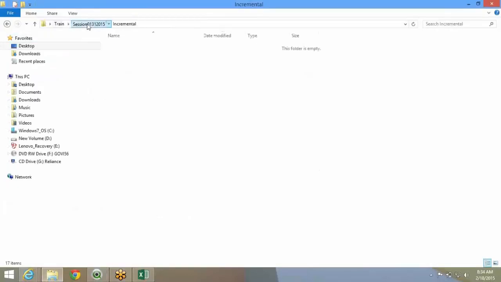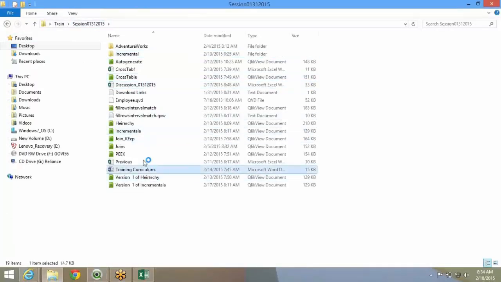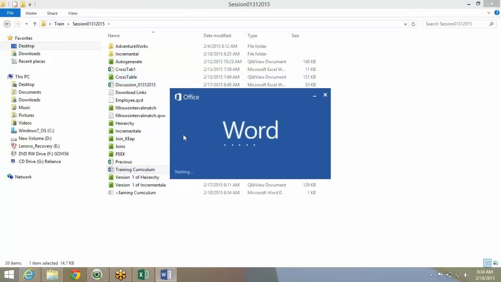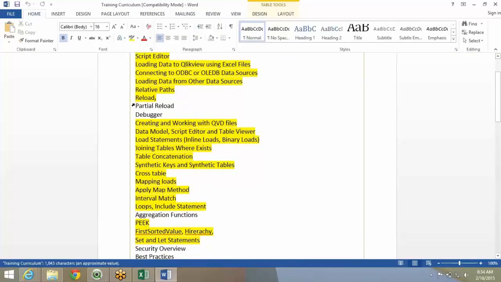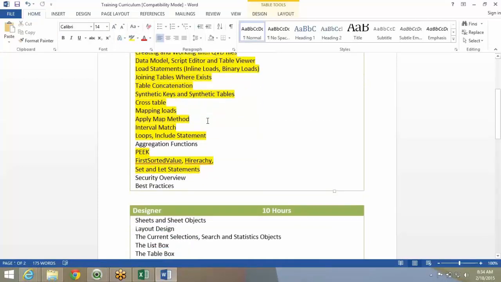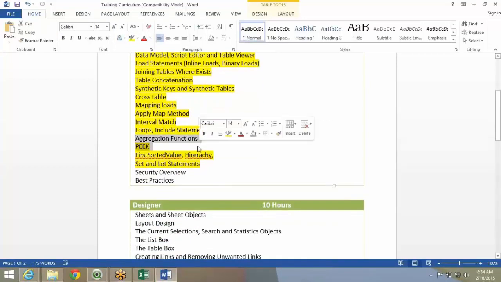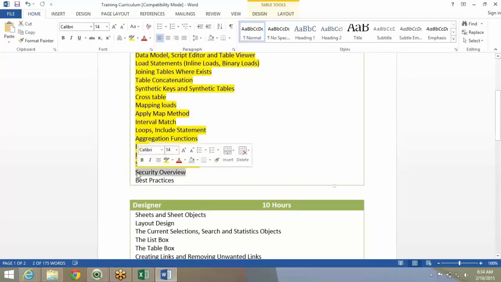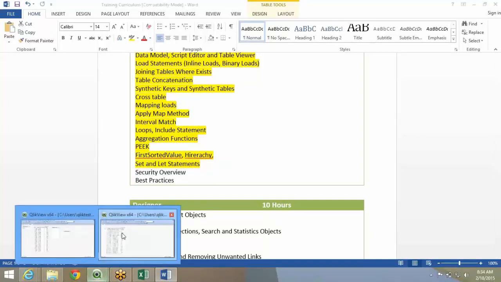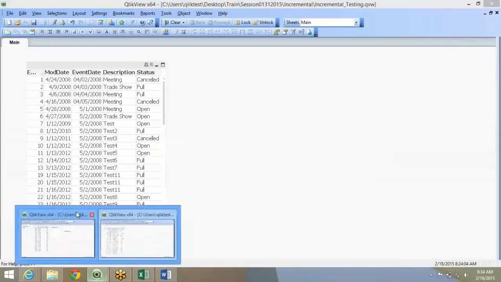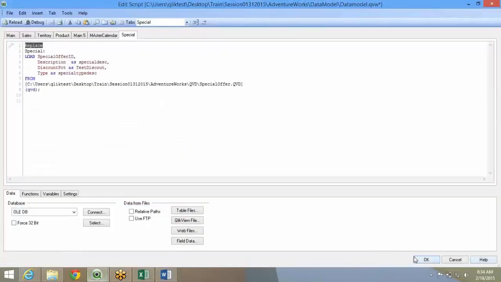Logically, if you look at our curriculum, this was our development cycle. So I think we have covered most of whatever was pending. There is one security overview, the security bit, as to how to build data security into ClickView. So when a user logs in for territory 1, he should be able to see territory 1 data. When he logs in for territory 2, he should see that.